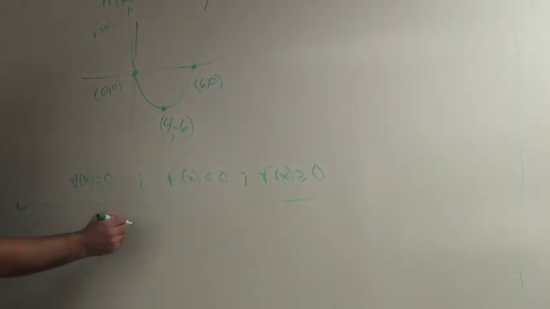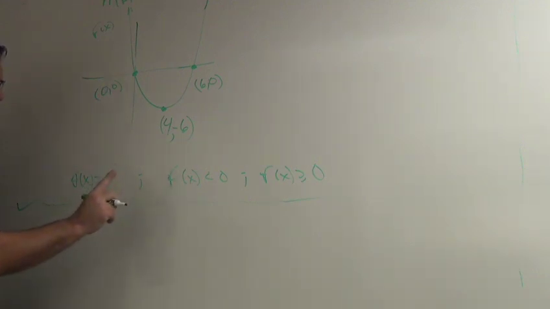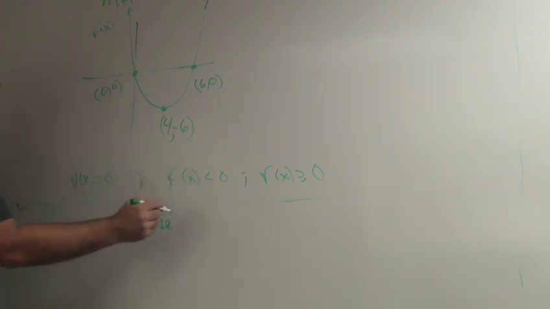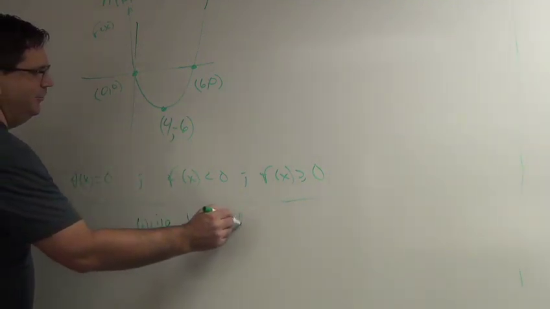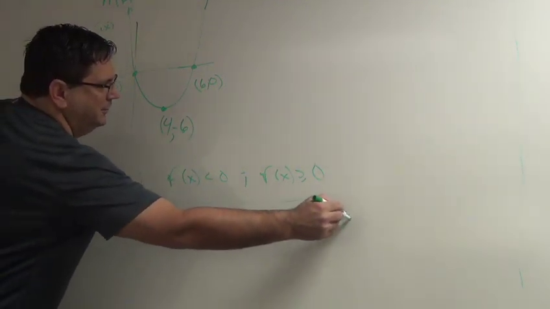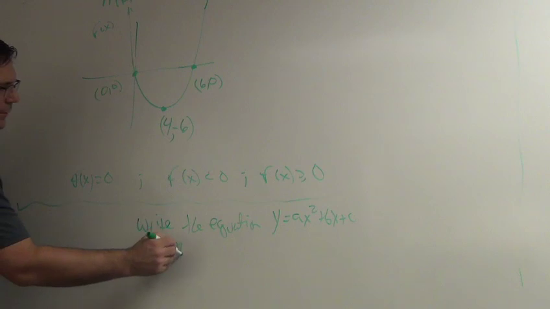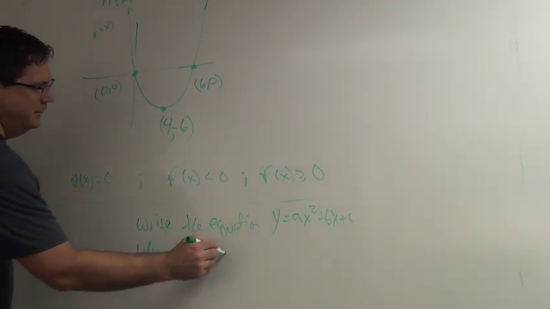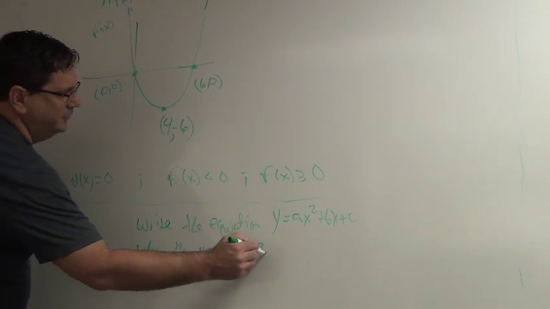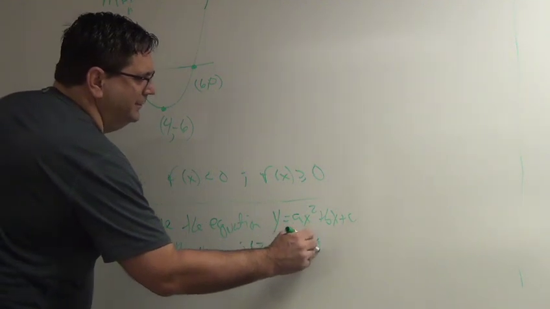Question 2. Write the equation. Oh, this is going to be wonderful. Write the equation y equals ax squared plus bx plus c, where the vertex is 2, -1, and passing through